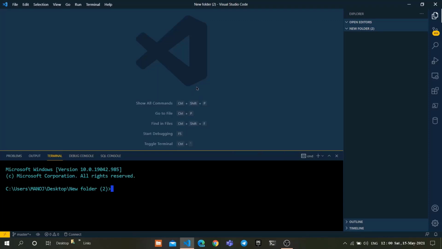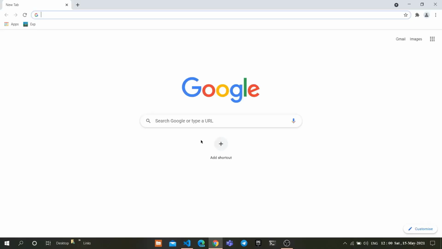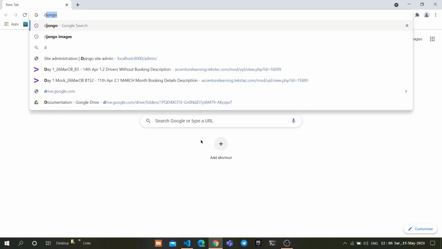Hi guys, in this tutorial I am going to tell you how to integrate the MongoDB database to Django. For that we need some packages to be satisfied on our local machine. For that, head out to the browser and type